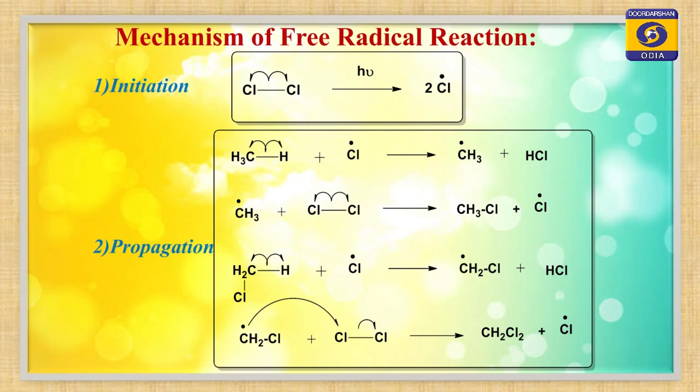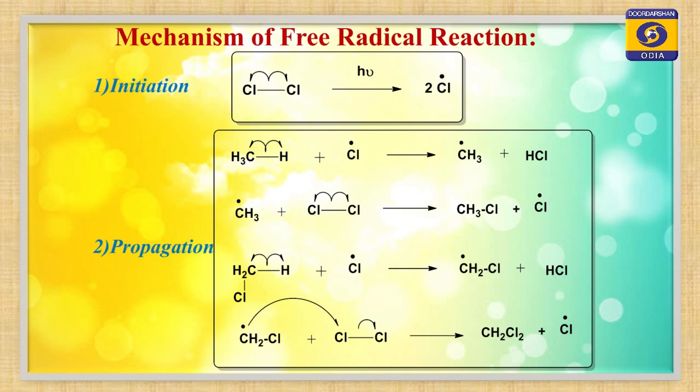Means in the propagation stage, Cl dot will abstract one hydrogen from methane, preparing methyl free radical, and the methyl free radical further reacts with more chlorine. You may ask the question, why does the chlorine come? Remember, we have taken 1 mole of chlorine, meaning there are many molecules of chlorine in the reagent itself, in the reaction medium. So from the next chlorine molecule, it takes the chlorine free radical to prepare CH3Cl and